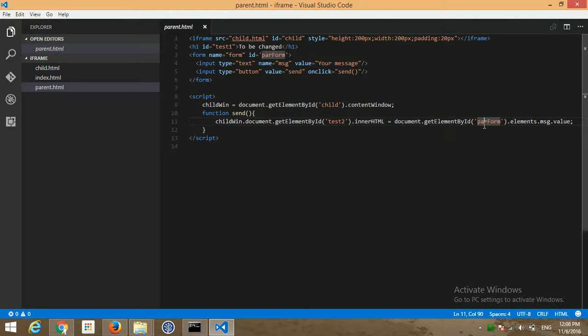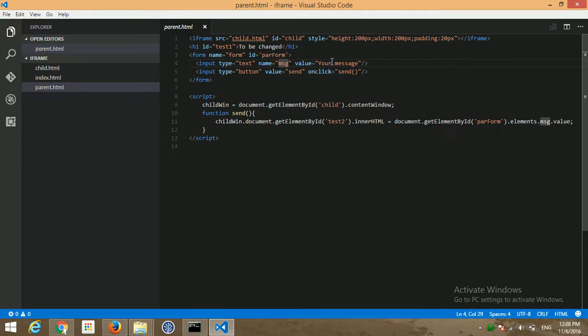Inside that parent form I have different elements, and one of them is this input. So I am using elements, which gives an array of all elements, and after that I am getting the message by its name, and .value gives whatever value the user enters inside this text field.